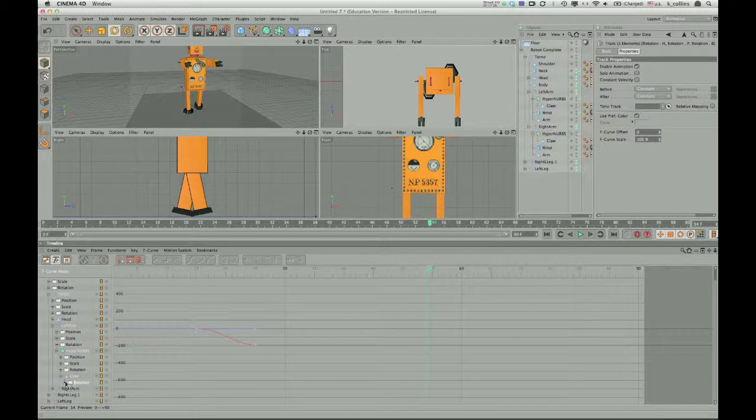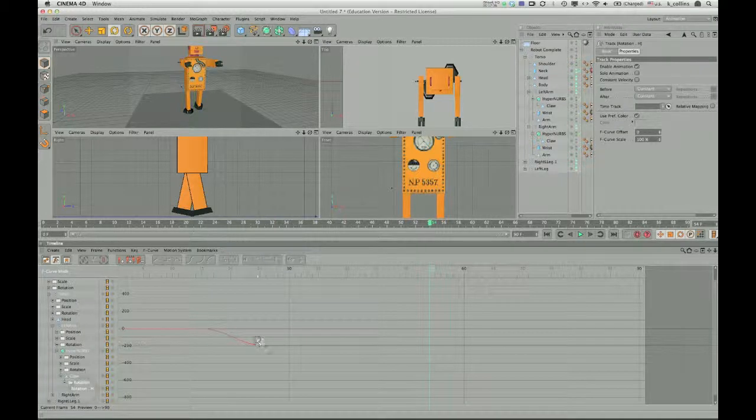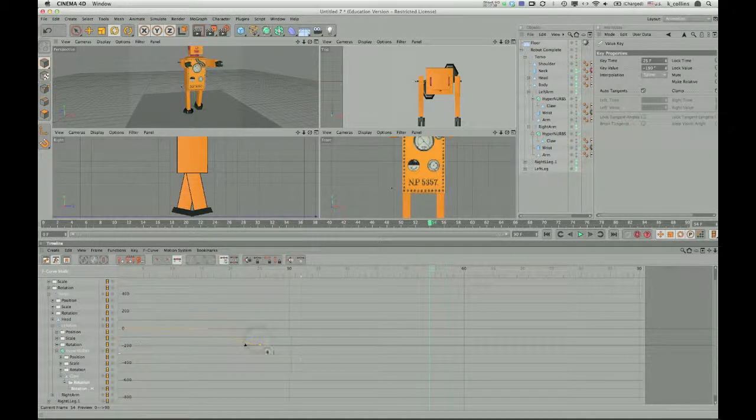Rotation, open up. Heading, we need. Position, pitch we don't need, bank we don't need. So let's go into the heading. Again, we'll choose that right here, and this one, we'll make go the opposite direction of the other one. So we'll put in this one